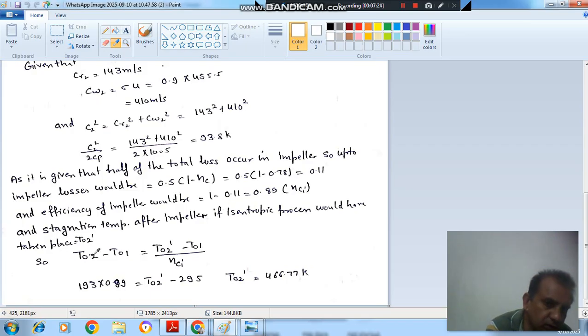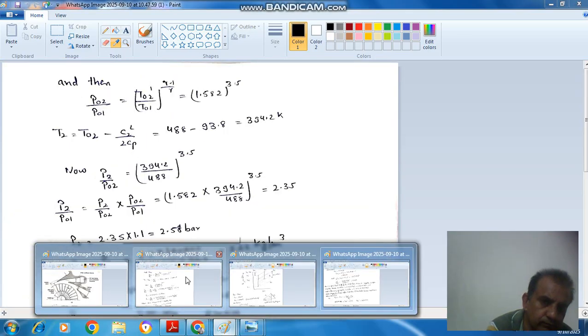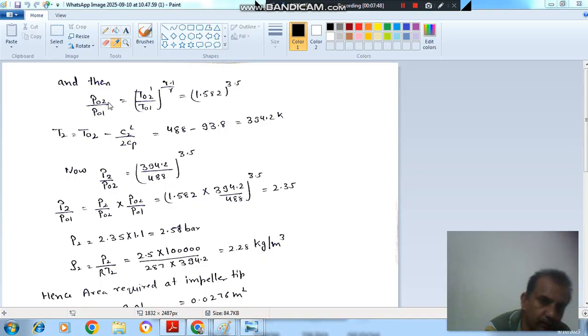Okay, now we have this T02, that is equal to T03, T01 and this T01 and isentropic efficiency of the impeller part. Same way we can calculate T02 dash. This is the temperature if the isentropic process would have occurred in the impeller. So that would come out as 466.77. Okay, now we can apply the isentropic relationship, because this is the isentropic achieved stagnation temperature. So from this we can calculate T02 by T01. So this comes out as 1.582